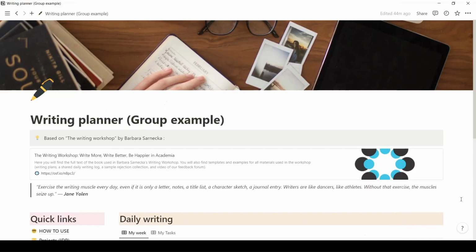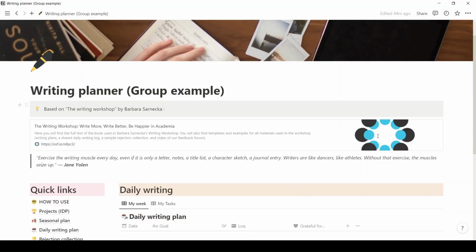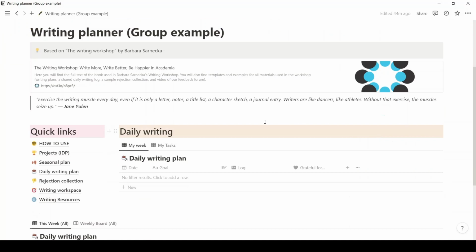I'm mainly incorporating the organizational tactics that she presents in her book, and hopefully this will be helpful to you out there, whether you're in academia or you just want to improve or be more consistent in your writing. So for people who want to have an overview of how to use this template, once you download it,